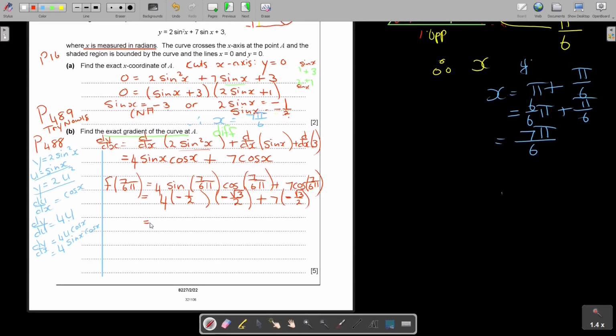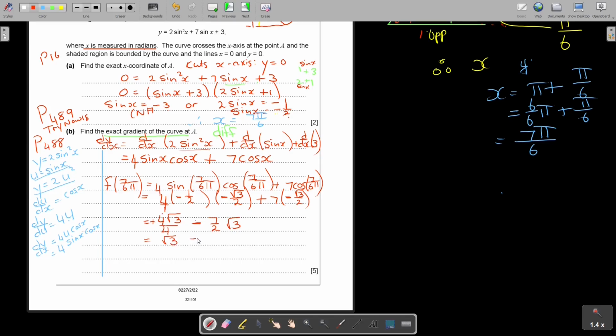Okay. So what will I find here? Now, remember, this is 4 over 1, so 4 is on top. Are you with me? A negative times a negative is a positive. That is square root 3, and that is over 4. Do you see that? Minus 7 over 2, and that is also square root 3. So if I really look at this, the 4s cancel, do you see? So it's going to be square root 3 minus